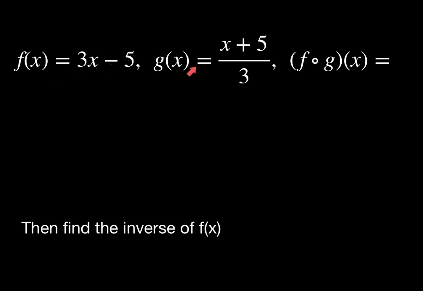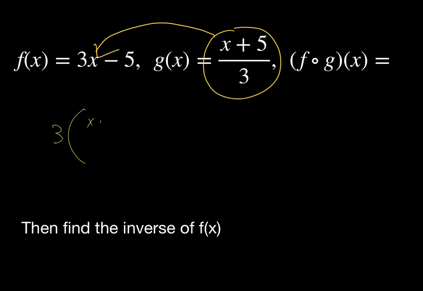Here's f of x, here's g of x. We need to find f of g of x. This is composite functions. So f of g of x means I'm going to take g of x, which is this equation, and put this in the place of x in the other equation. So it'll be 3, instead of x, it'll be x plus 5 over 3